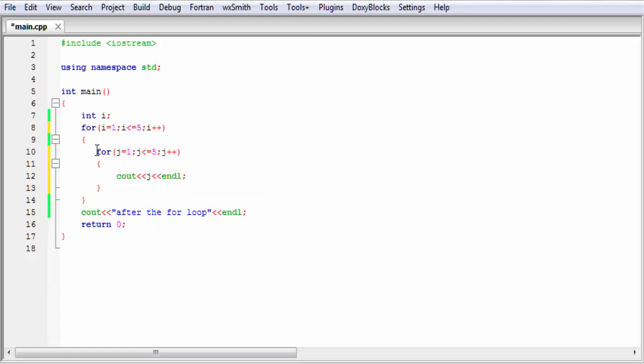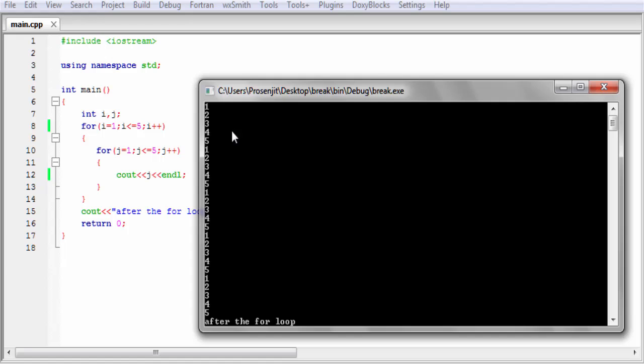And the last thing that we need to do is declare j as an integer type variable. Here I am going to declare int i and then j. Let's check the output, build and run. As you can see here, it prints the numbers from 1 to 5, 5 times, and then it prints "after the for loop".